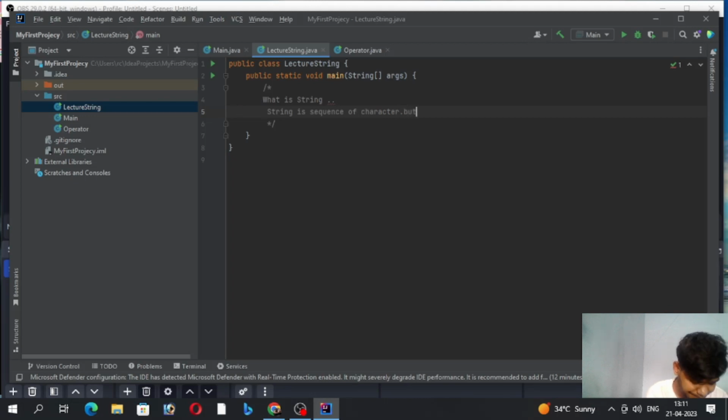but in Java it is an object. String is a sequence of characters, a collection of text. But string in Java is an object that